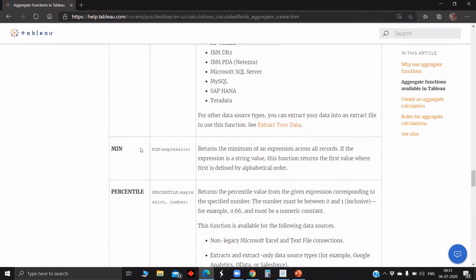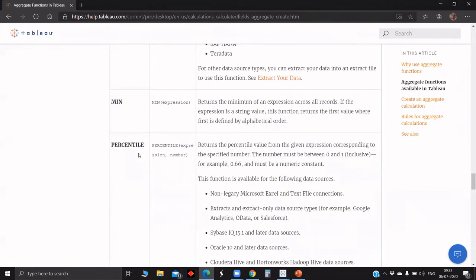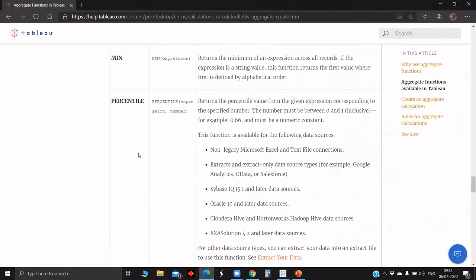Also, for example, if we want to use the minimum at a particular level, then we can go for LOD. If at a market level you would like to view minimum sales, we can use fixed market, min of sales. So based on the market level, it will show the minimum sales. Minimum and maximum are used more with LOD rather than at a visualization level or record level, because at record level it gets executed at each row, and that row's value will be the minimum or maximum. So they can be used more in an LOD than at row level.